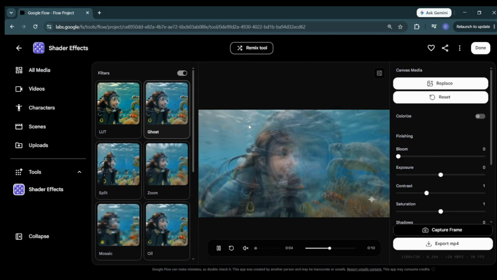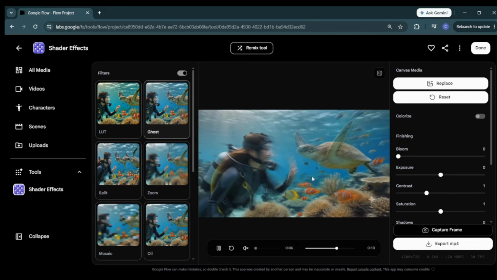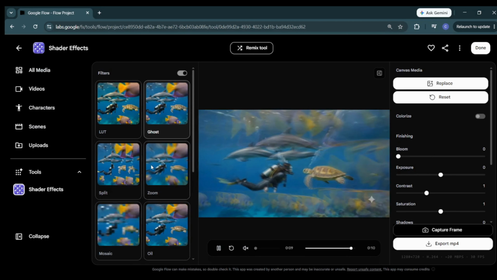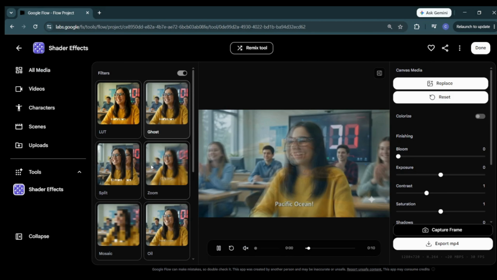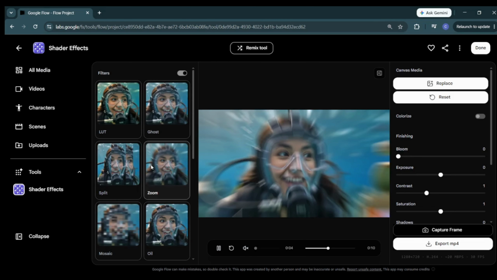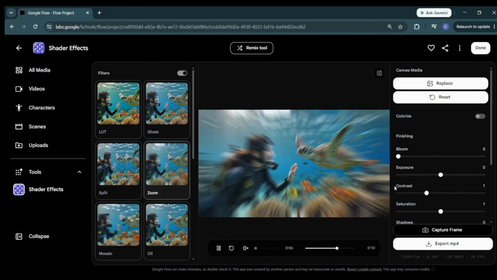Next, let's move to the Shader Effects tool. This section provides a wide range of visual effect variants that can dramatically change the appearance of your video without any manual editing. For example, the ghost effect gives the footage a surreal, transparent look, while other shader styles create